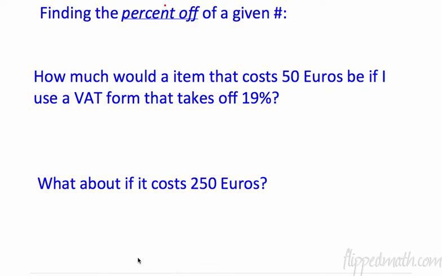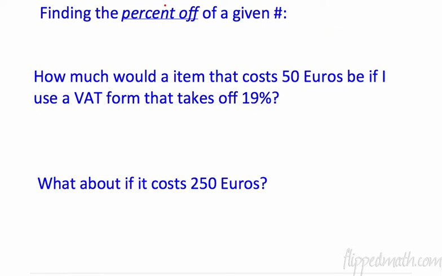All right, the next shortcut I'm going to teach you, finding the percent off of a given number. This happens usually if there's a sale, like 30% off, or more applicable to us military type families, when we use a VAT form. You get 19% off with a VAT form. So how much would an item that costs 50 euros be if I use a VAT form that takes off 19%? Normally the way that we do this is set up our percent over 100 is over of,